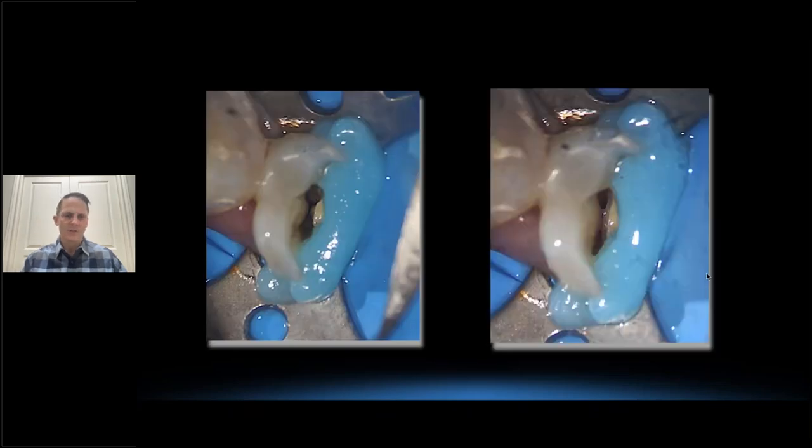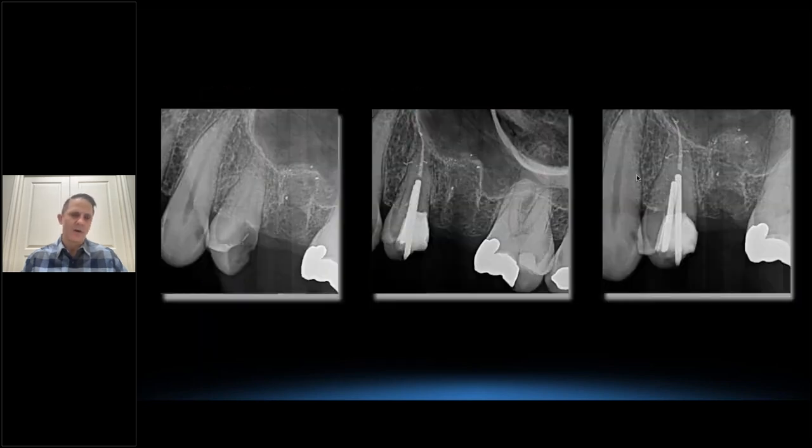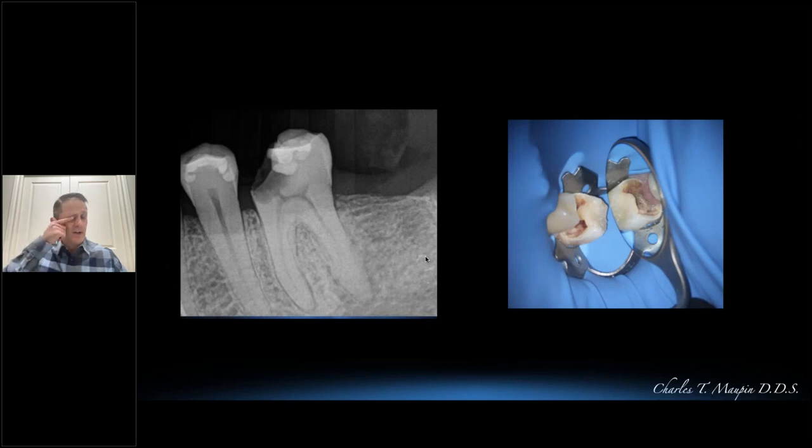Here's our images. Image on the left is after instrumentation and running the laser again. You can see it really opened up the isthmus in between here. This was just after laser alone. So you can see how clean everything is there. Obturation, 2 canals joined. We've got a couple lateral canals coming off, a couple fiber posts. We've done a gingivectomy there with the laser, so it made restorative a piece of cake when the time came to restore the case there. Another tooth here that we're going to look at a little quick video.